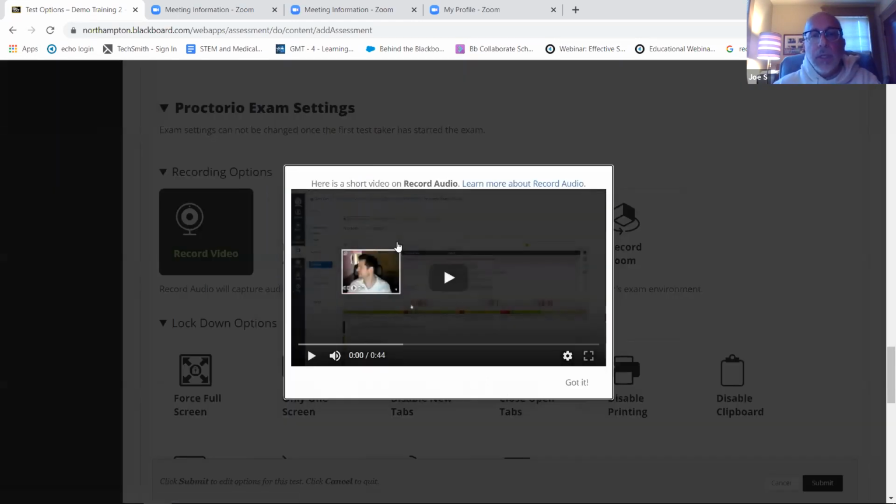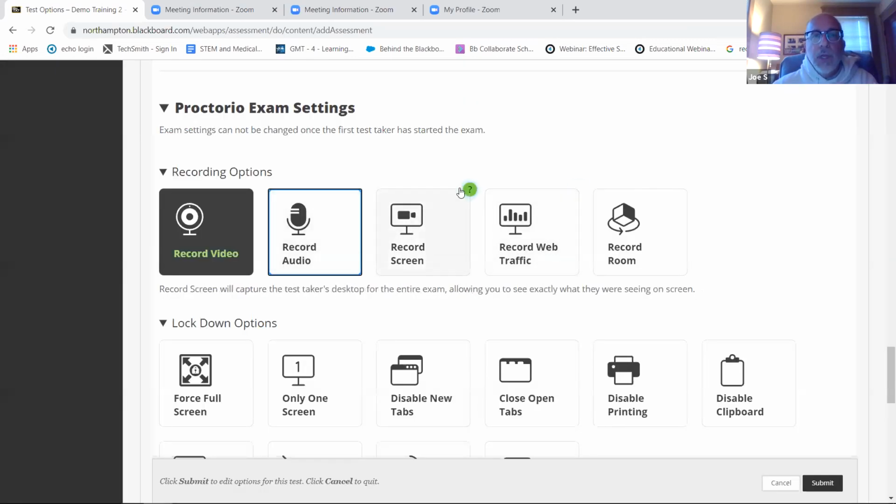All right, it's either going to give you a little video, it's going to give you a little bit of text, or it's going to take you to their support site. Any one of those three things when you click on this context-sensitive help to these things. So there's no reason for me to go in depth with what you want here. But again, look at that best practices document.